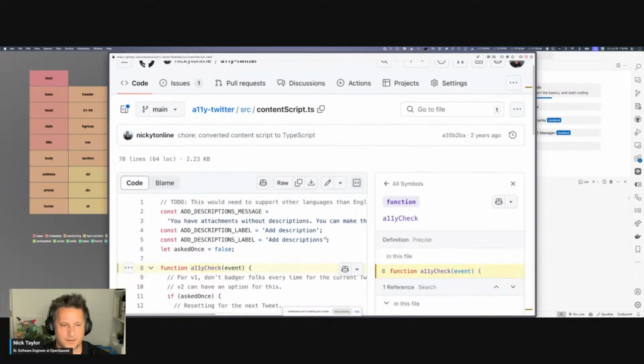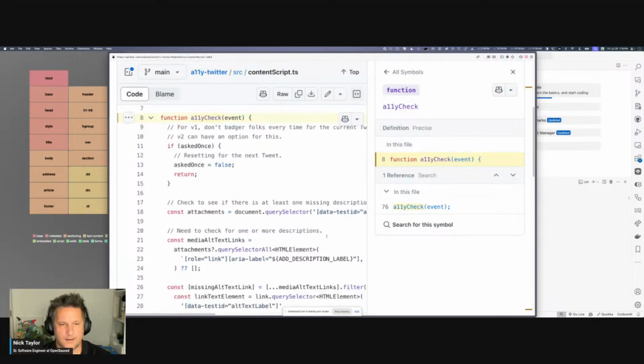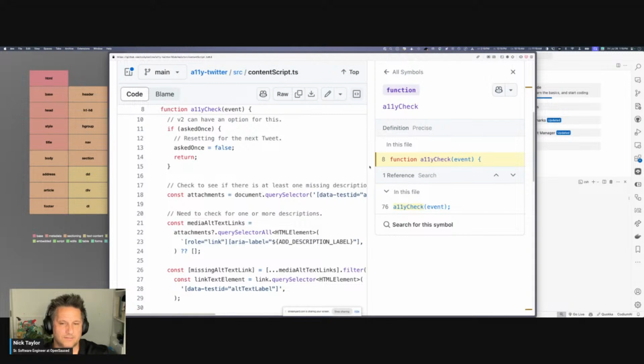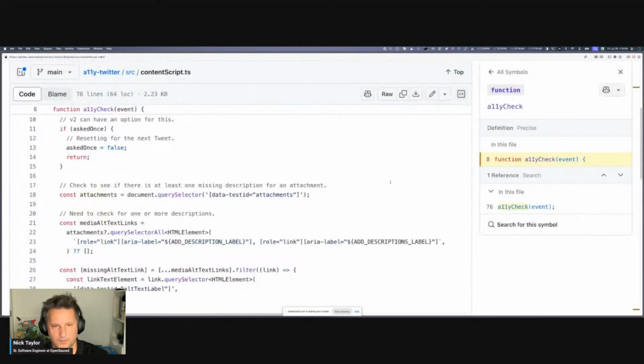So if we come here, the way I built this browser extension is it's nothing complicated. I don't want to badger the person, so I'm only going to ask them once instead of literally every time they press the post button. And then I just go and find, if I open this a little bigger,